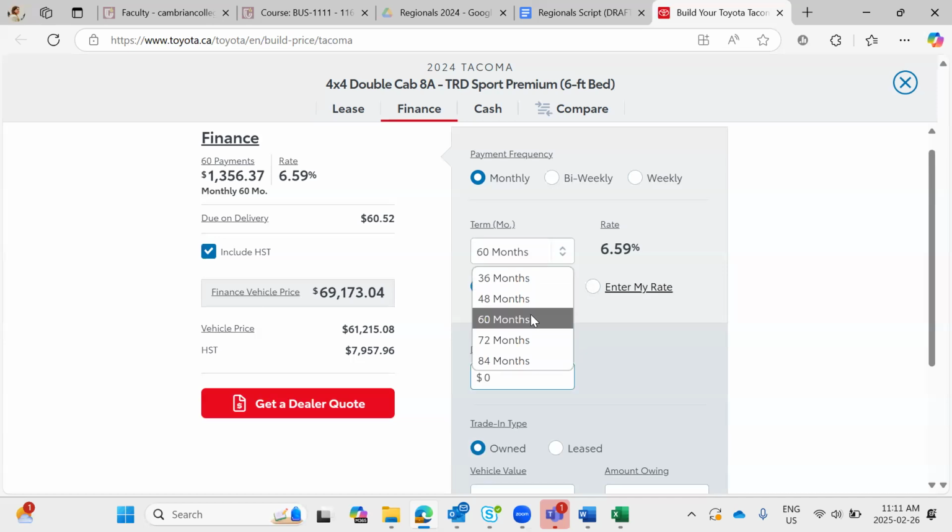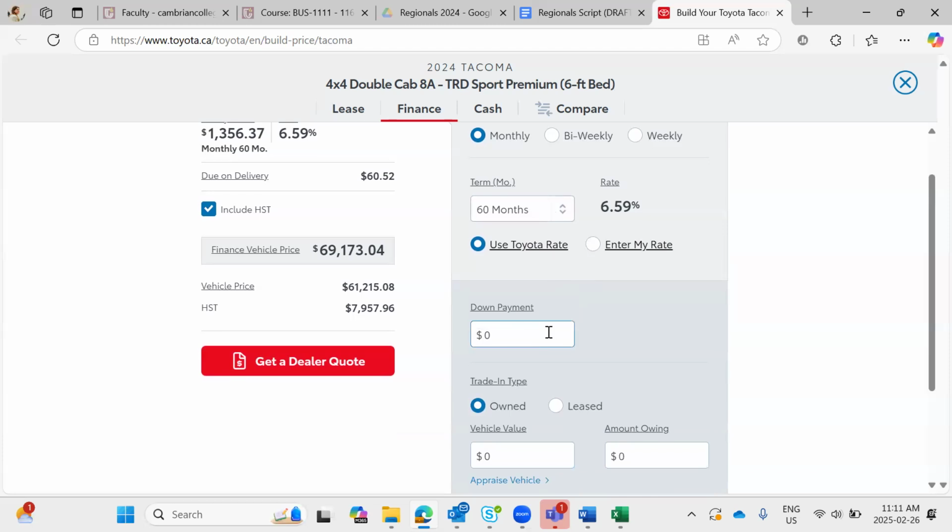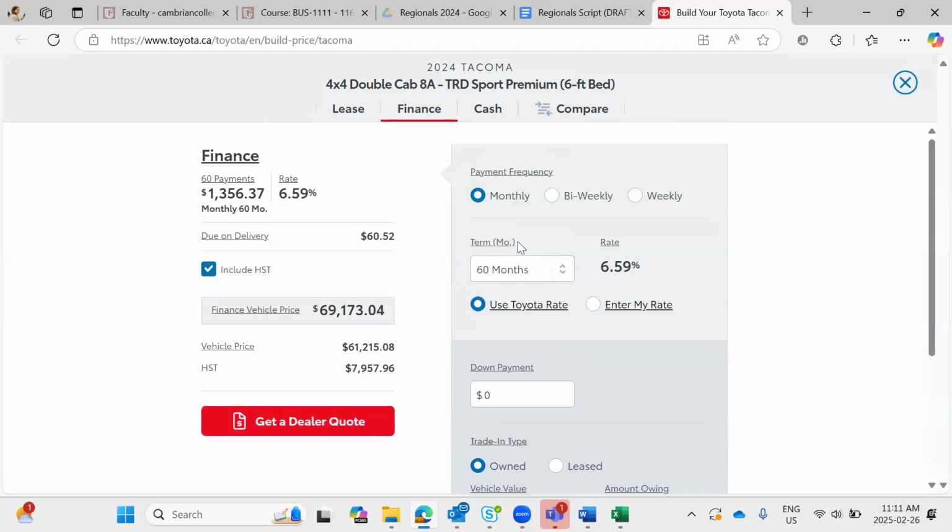You can choose whatever you would choose in real life. Like if you want to choose a longer time frame, 60 months is 5 years, so I'll put that amount. And assume no down payment, so do not put any down payment. Then once you set it up how you would like, I need you to give me the link to the